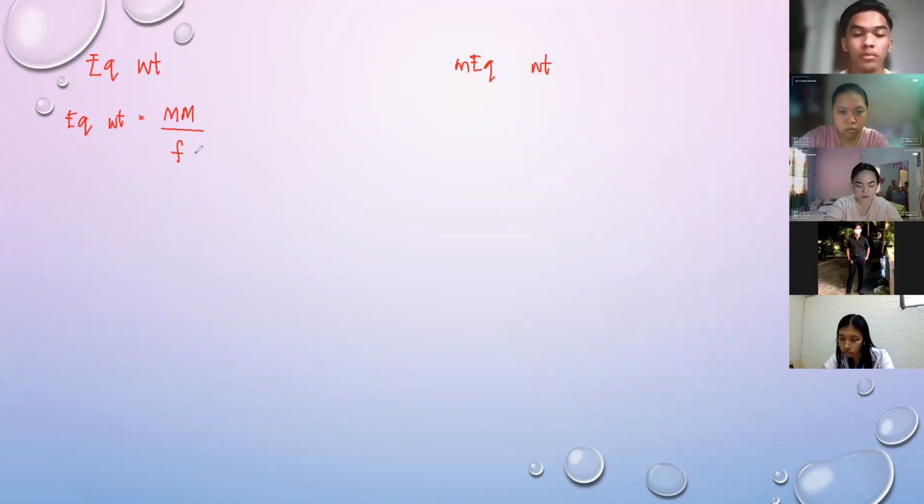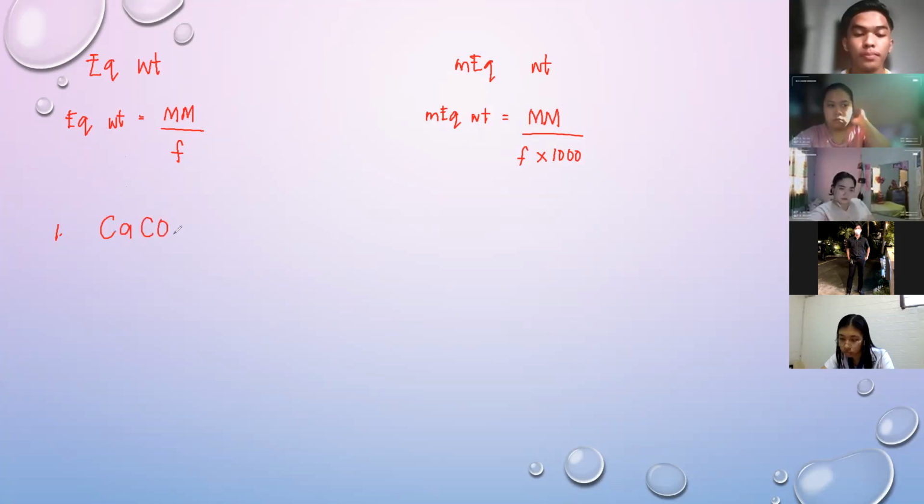Pag-determine ng F, kagaya pa rin ng kanina. Acid, base, or salt. Pag ang given naman na volume is in ml, we are going to use the milli-equivalent weight. So ang kaibahan lang nila, yung F mo, i-multiply mo sa 1,000. So let's practice. Number 1, compute for both the equivalent weight of